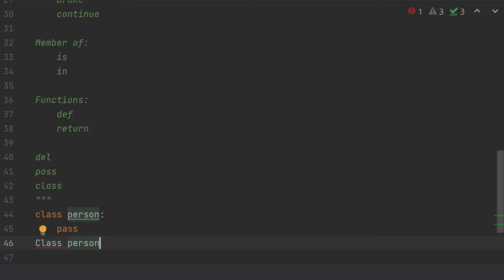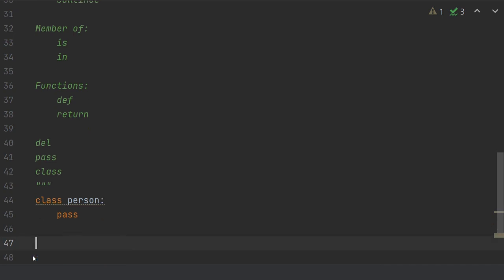All of us can see that the second class is not working out, okay? Why is it like that? This is because Python is case sensitive. This class with a capital C and this class with a small c are treated in a different way. So Python is very